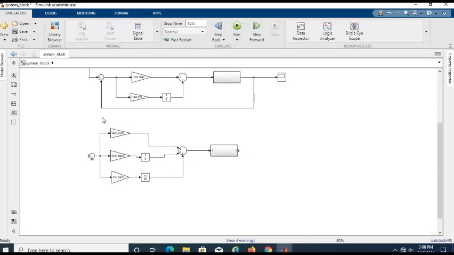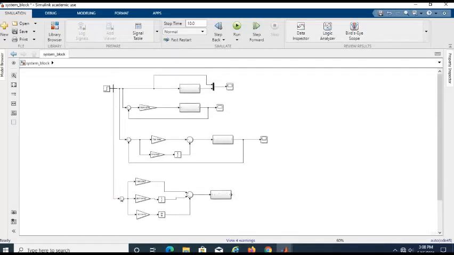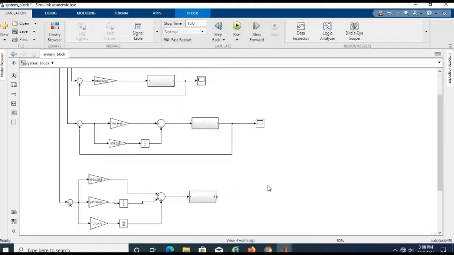And this we connect with the input. And then we will try to convert with the input.